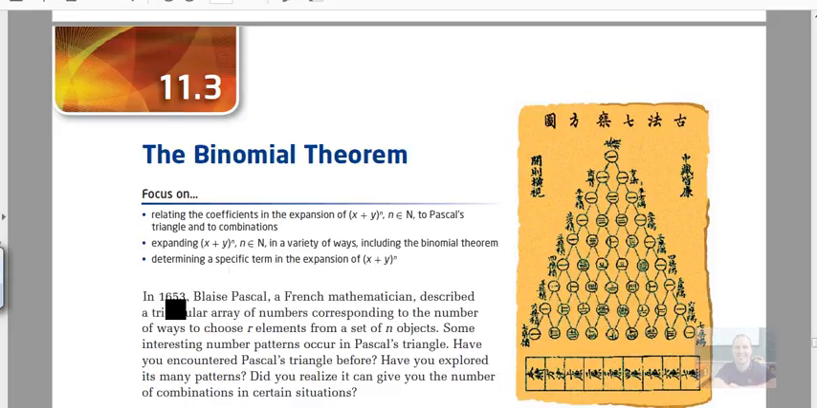Two terms only. The binomial theorem is basically a shortcut to expanding binomials of n degree. Doesn't matter what degree it is. Okay, so for example, if you have x plus y to the power of 5,